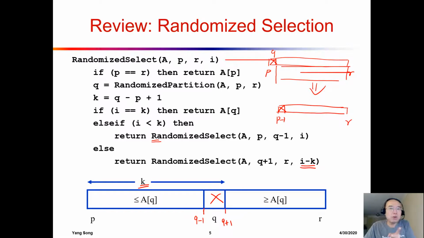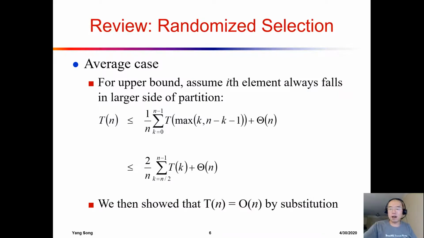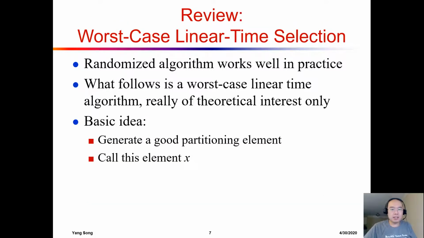It's very unlikely to happen because we are doing a randomized partition. But arguably, in the worst case of this algorithm, this is an O(n²) algorithm. So why is it O(n²)? Because that's the same as the worst case of quicksort, right? And then we say we want to do a worst case linear time selection, and